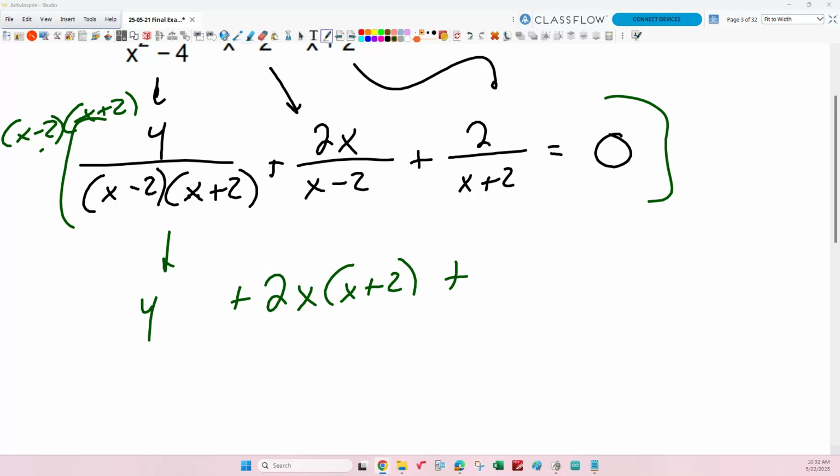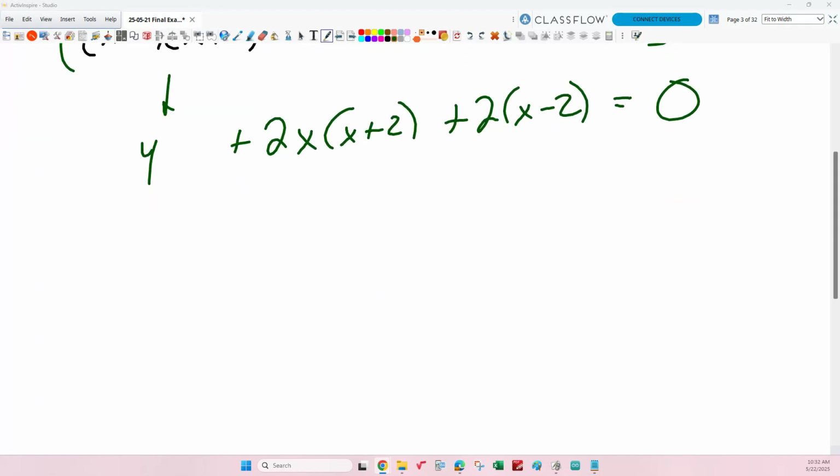What's going to cancel here? 2 times x minus 2. There you go, because the x plus 2's would cancel, right? Give me thumbs. We good on that? Okay. Equals 0. Good, and it's an equation. And now that's easy, right? That's a piece of cake. We just distribute, so we get 4 plus